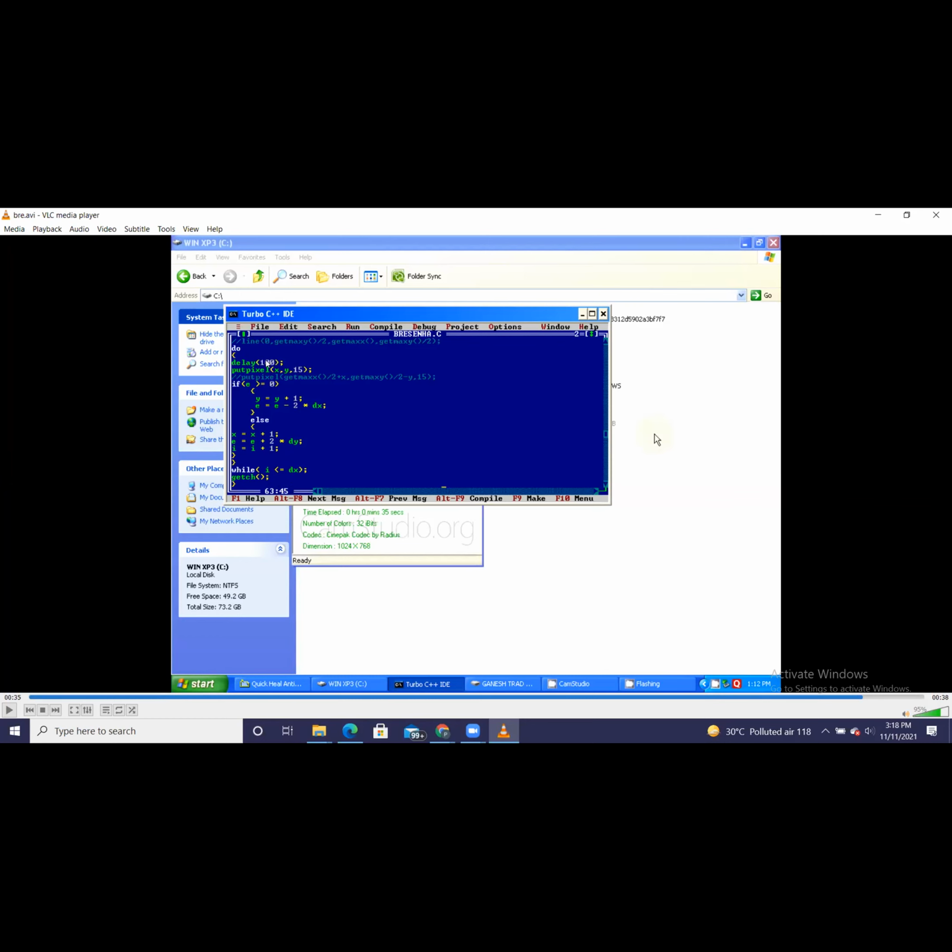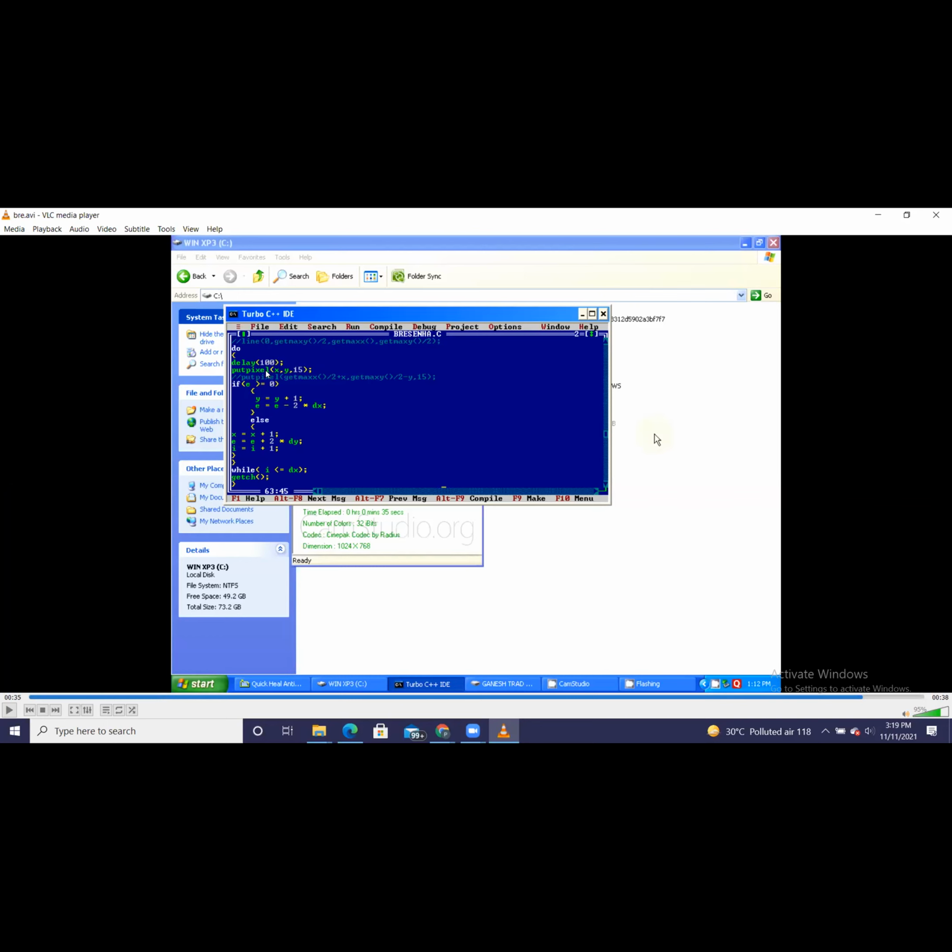What is the delay function over here? Delay of 100 milliseconds. It will hold the screen, or we can say pause the screen for 100 milliseconds, so that you can find how the line is incrementing, how the line is getting printed pixel by pixel. For that you can use a delay anywhere in your program to check the output, right? The delay function is used here, 100 milliseconds. It always takes this value in milliseconds.